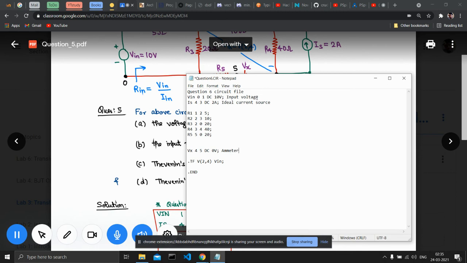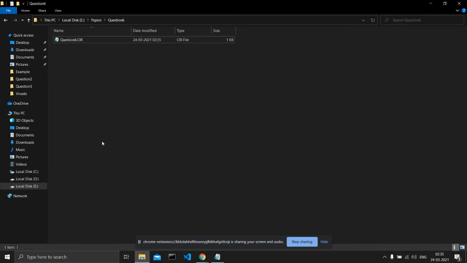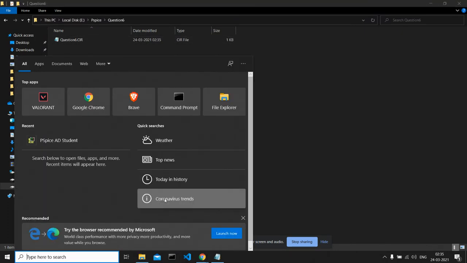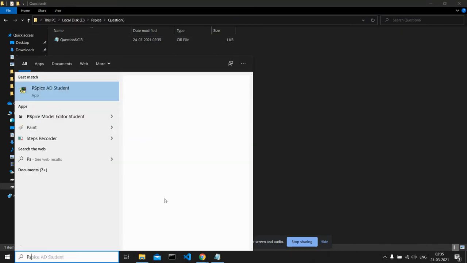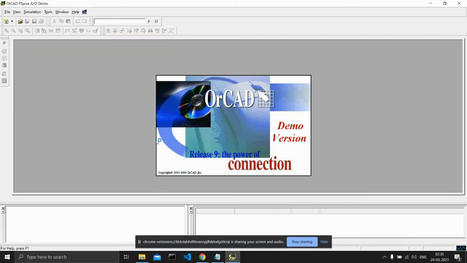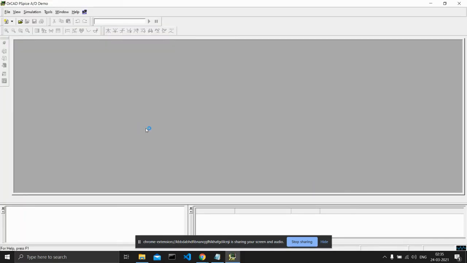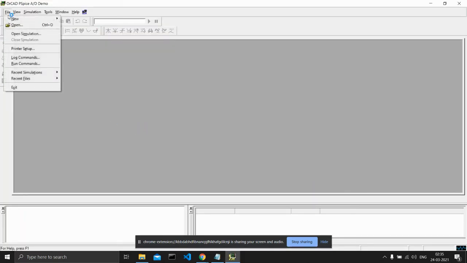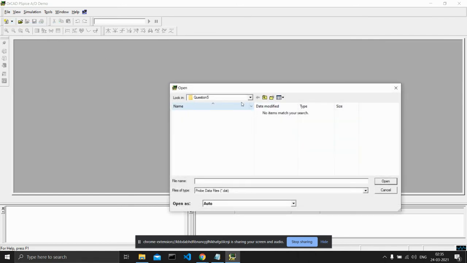Okay, so now I will save this file, and after saving it, I have this saved file. I'll search PSpice edit front. I have to open this file. After opening this, I can go to file and open, and go to the same directory where I have my file.